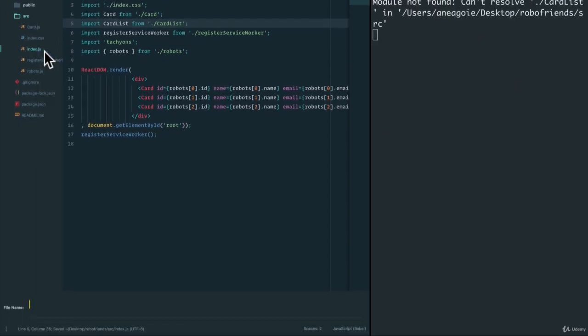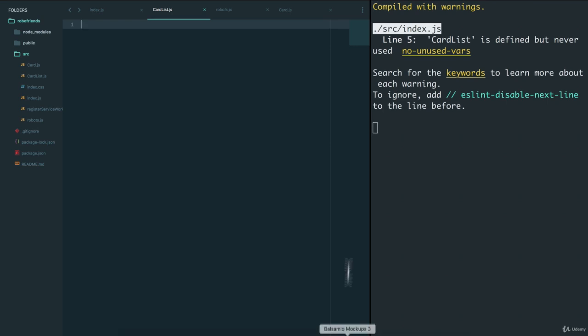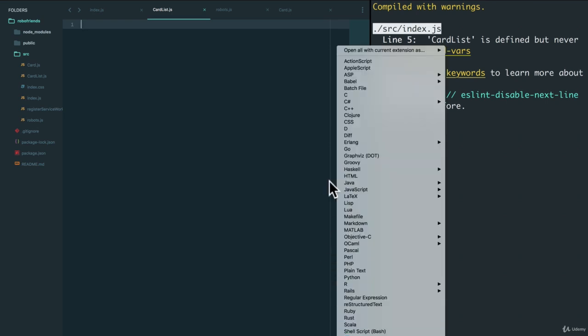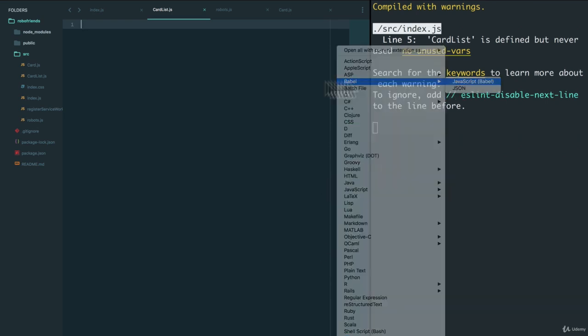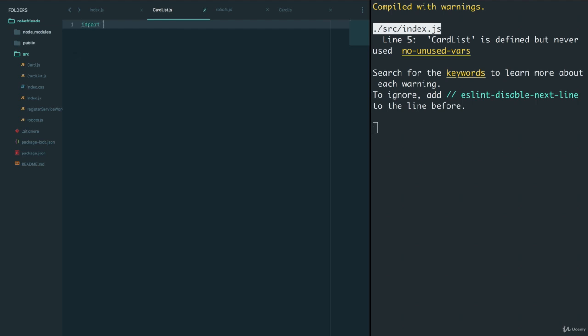So we'll say new file, CardList.js. Again, changing it to our Babel syntax. We'll do import React from React. And I'll make this a little bit bigger. And again, we'll just say const CardList equals. It won't accept anything for now,